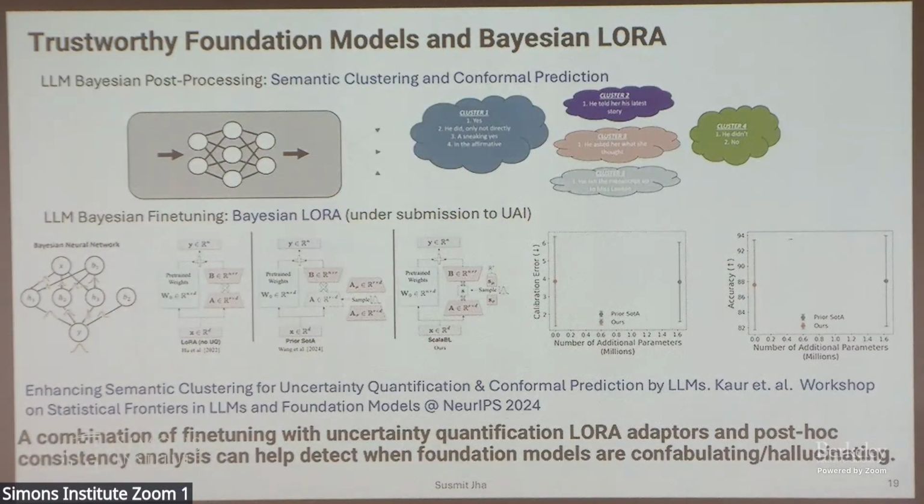In terms of looking at these large models, we have two different approaches that we have tried. First approach is to do with semantic clustering. So here the idea is that you call the model either by rewriting your prompts in different ways, or you raise the temperature to create diversity.